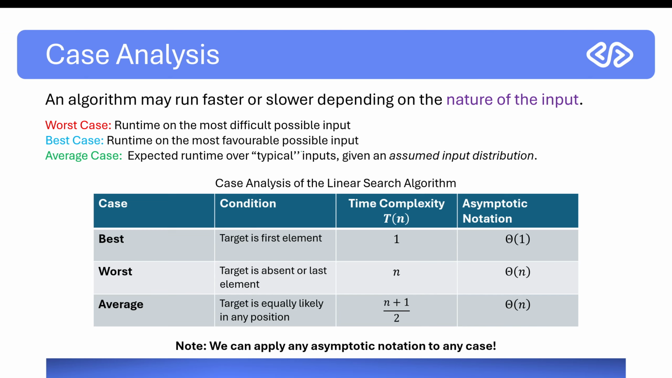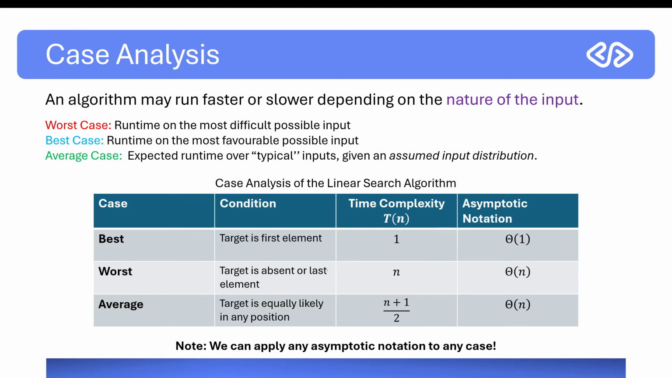So yeah, this is for typical input. So on average, if you take in stats, you can think of this as the expected value, because you're assuming there's an input distribution. This is a bit of high level stuff, but